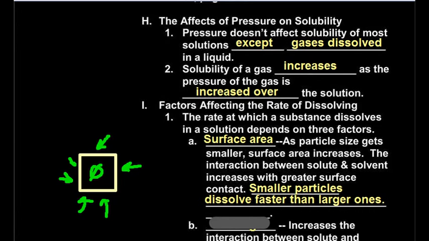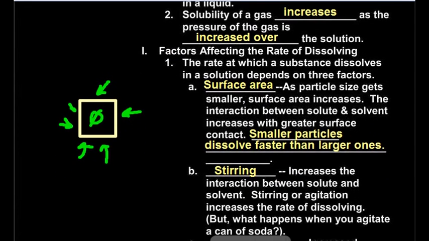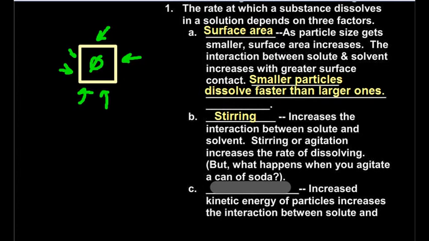Okay, so the next factor that's involved is stirring. Stirring increases the interaction between solute and solvent. If you mix them up a bit more, then the stirring or agitation will actually increase the rate of dissolving. However, this is only true for